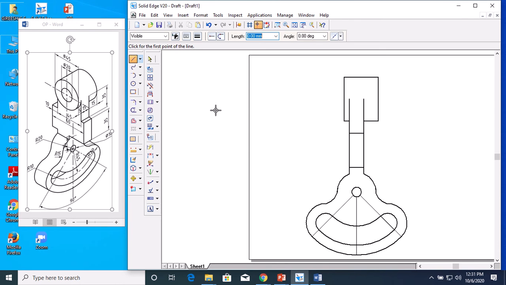As this surface is dominant over this edge, up to this portion this is visible. So again you can show this as a hidden line, from here to here by hidden line. Also here the circle is passing 20 mm from the center. You have to draw 20 mm, meaning 10 mm upside, and show a hidden line. Again 10 mm downside also you have to show a hidden line.